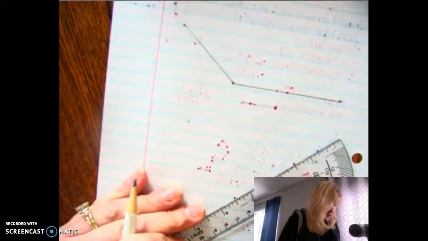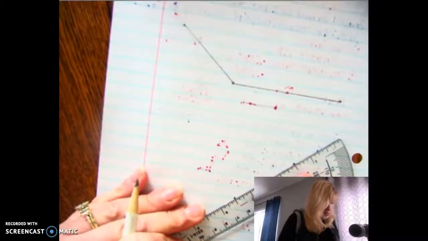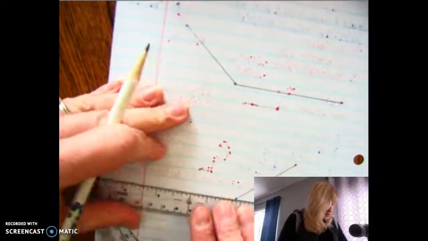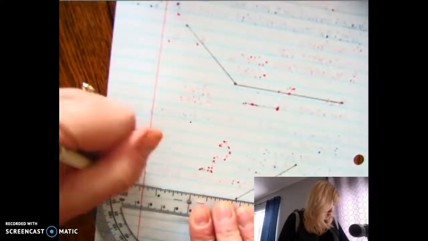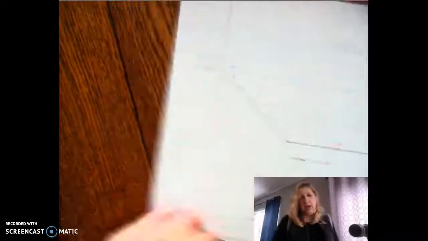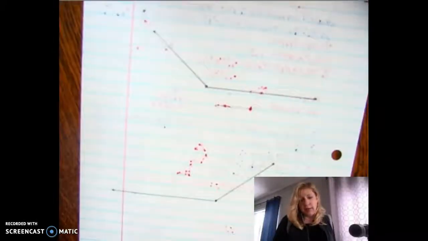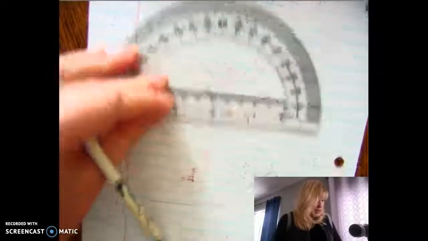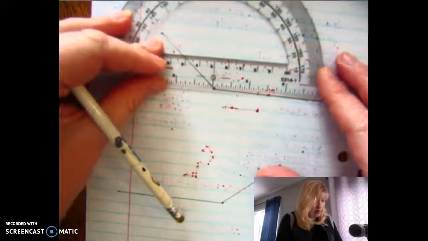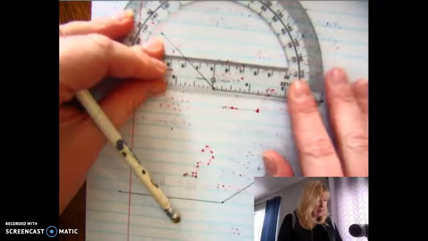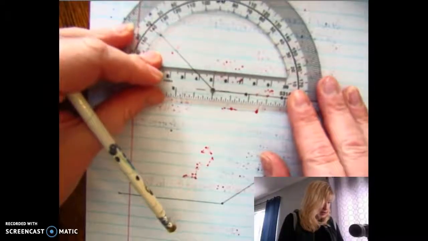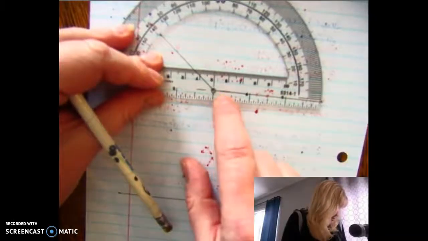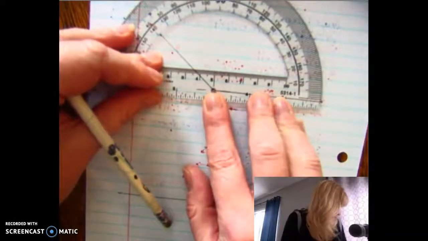It is super important that you realize it is more important to kill a tree and get your angles correct than to learn to draw these incorrectly or measure these incorrectly. The other thing we need to talk about is when you're measuring these, it never, ever goes like this, where the line is at the bottom. You do the same thing as when you draw them. You put your dot in the middle there, you line up this little line right here,